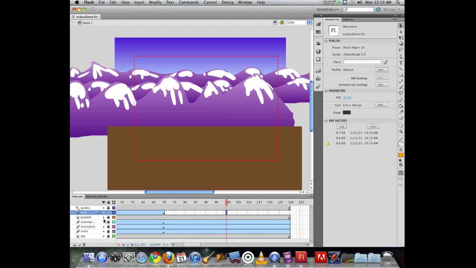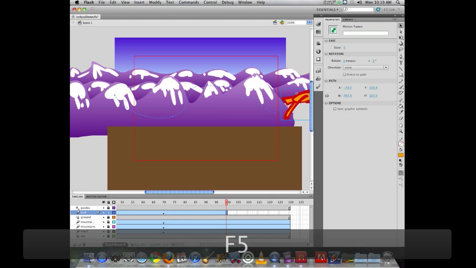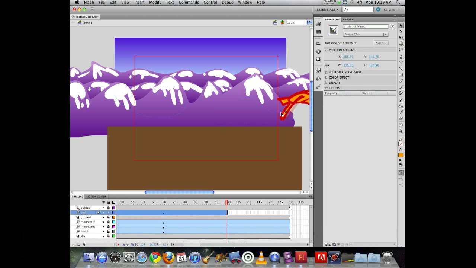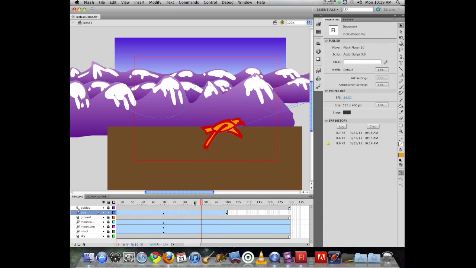It's not a bad idea to lock layers I'm not working with. Always keep layers locked if you're not working with them. Otherwise, you will invariably add things to them you don't intend to, or modify their artwork unintentionally. So it's just a really good practice to keep them locked. So if I extend this out, and now if I want to bring the bird back here, now the bird